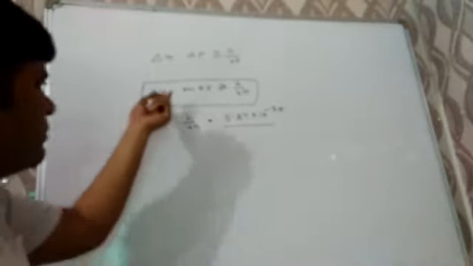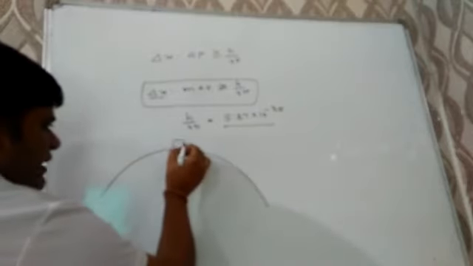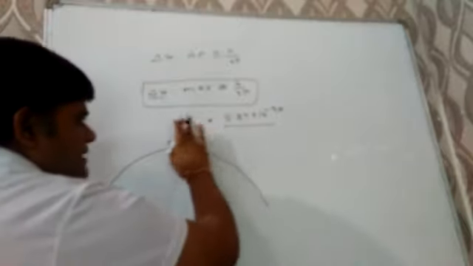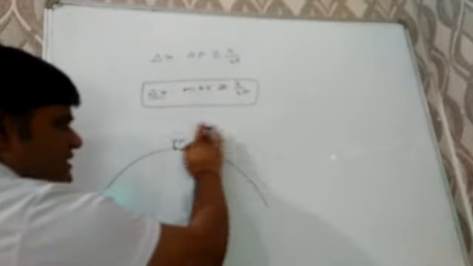First of all, I will explain why the position and momentum of a microscopic particle cannot be measured accurately and simultaneously. For that, let's suppose a microscopic particle is moving over a circular path, and to see this object we have to use light or photon.